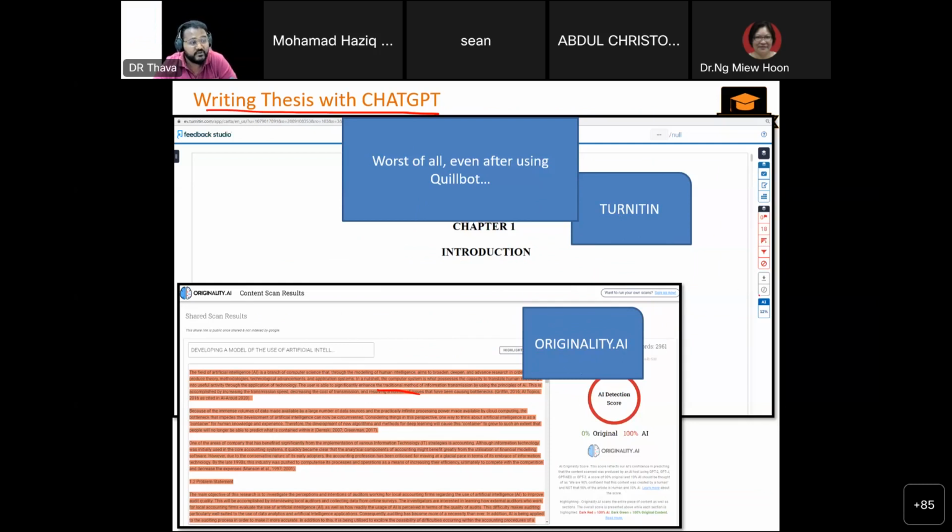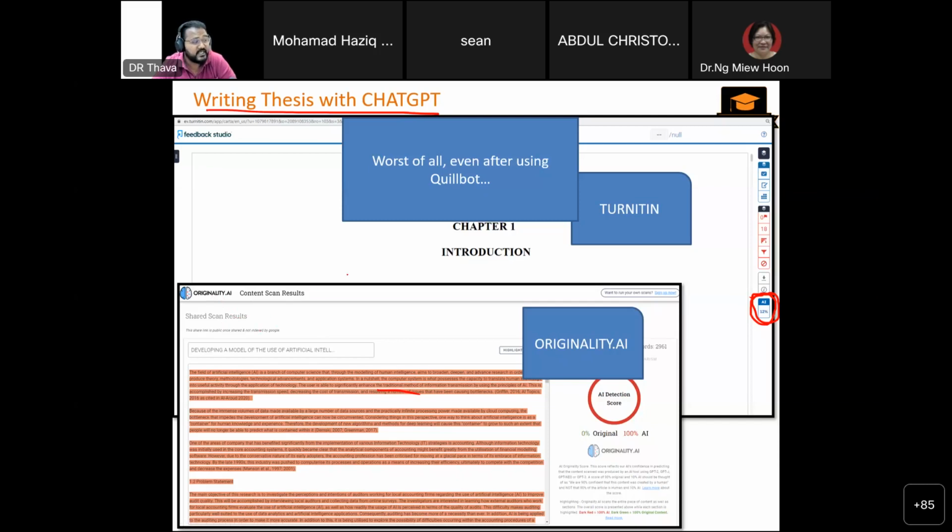Though Turnitin got its own AI now, this is Turnitin, this is originality.ai. They got AI, and it's working very well now. Recently, in the last couple of months, it's working way better, but still cannot beat an AI plagiarism checker. I'm pretty sure most Malaysian universities are already buying this kind of AI software because a lot of things are happening.